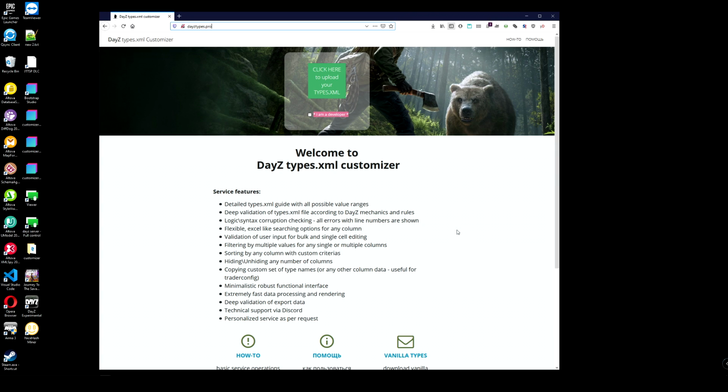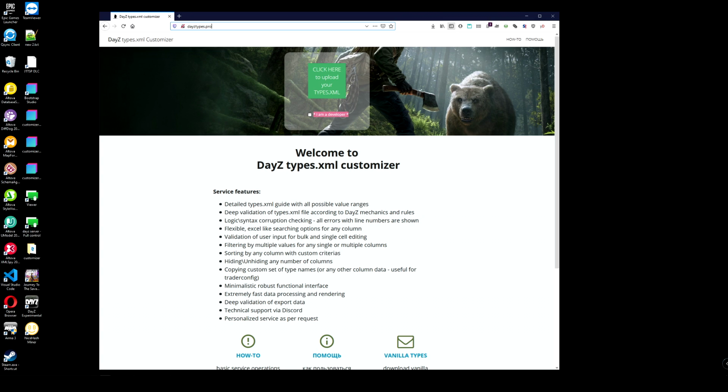You could face so many different weird types of issues if your types.xml is damaged, like despawning items, items not spawning at all, or only one type of item spawning. These are all results of damage inside your types XML. So this is the main reason to use this service: to verify your file.